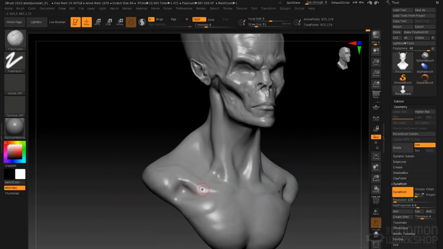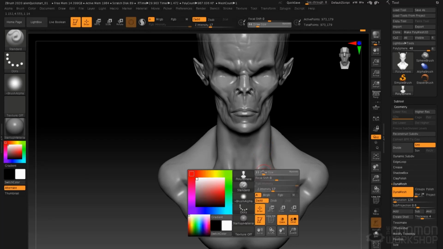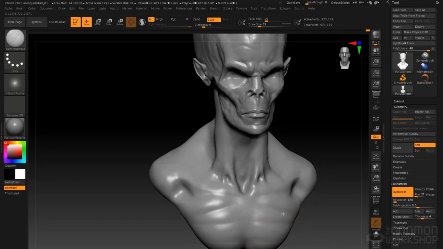Holding down the Alt key, I'm just going to knock back a little plane right here. Build up that little landmark there. Go back to our standard brush and just accentuate the pit of the neck right there. Turn down my draw size, get that nice little bifurcation there, and then smooth that back a bit. I'll go to my dam standard brush. I find the dam standard brush really nice for getting the flow of muscles. So I'm just going to stroke along the striations in those